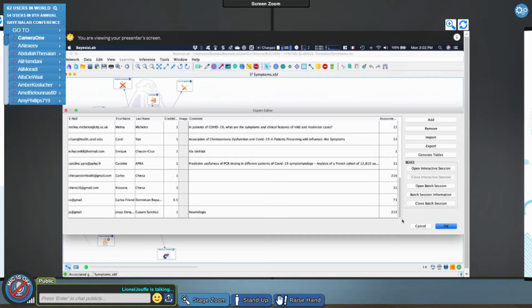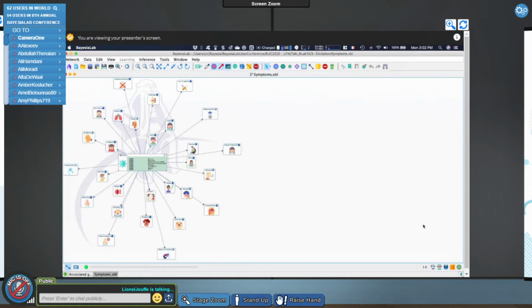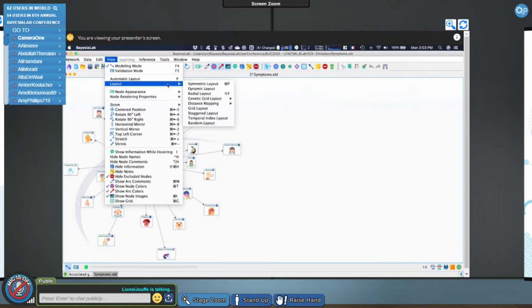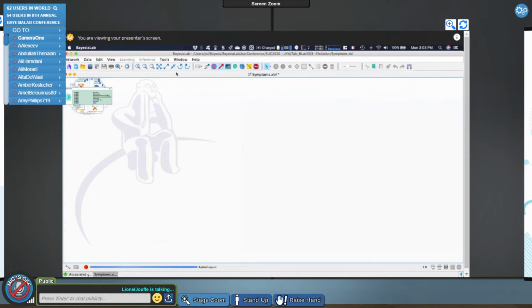And then at the end of the day, I have networks that are based on the knowledge, on a consensus among, let's say, 15 doctors, right? So this is the context. And so the first thing I wanted to show you here with this one is the layout algorithm, the radial layout now, that is taking into account the name.